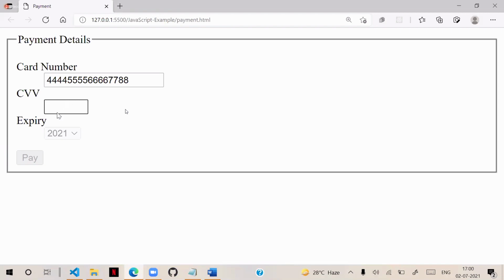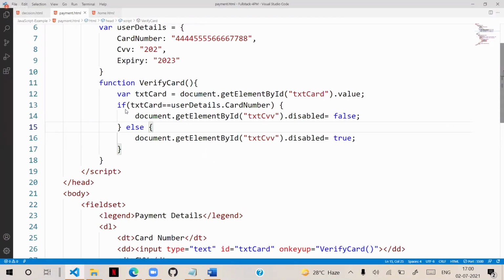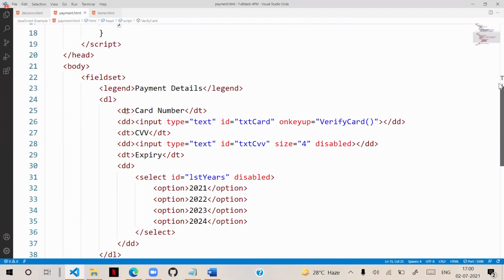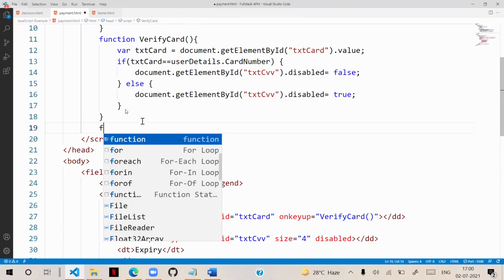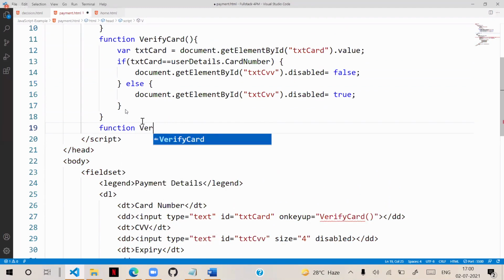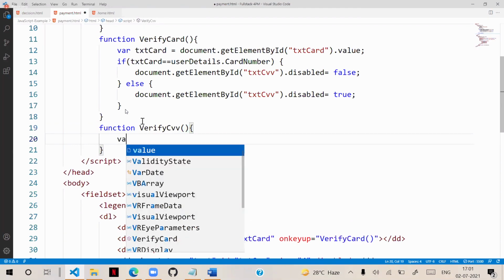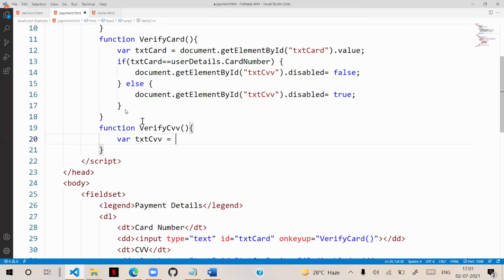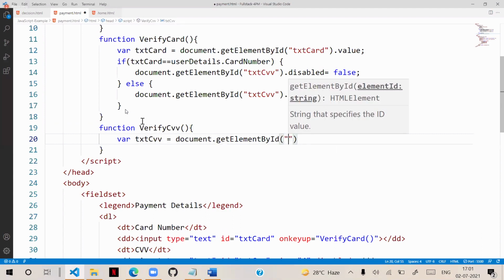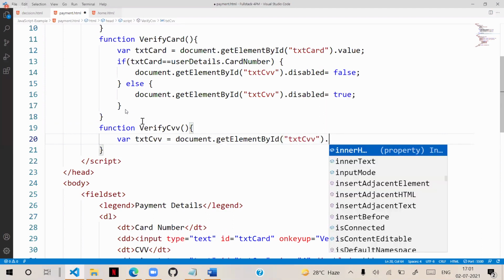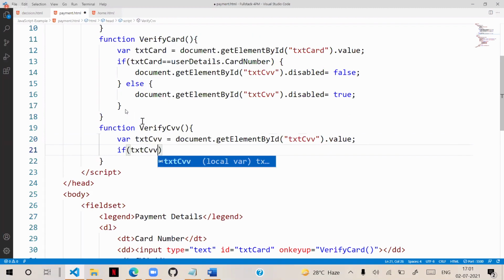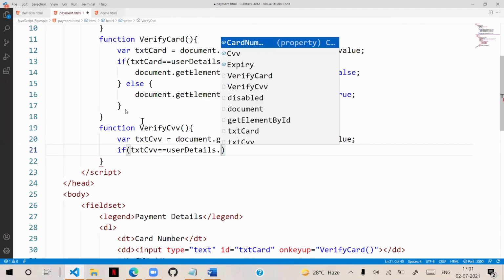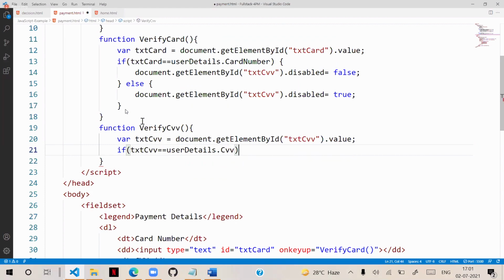And if he enters the correct CVV, then it should enable expiry. That means we have to write the function. So verifyCVV. So where txtCVV = document.getElementById txtCVV dot value. And if txtCVV is equal to userDetails.cvv, then